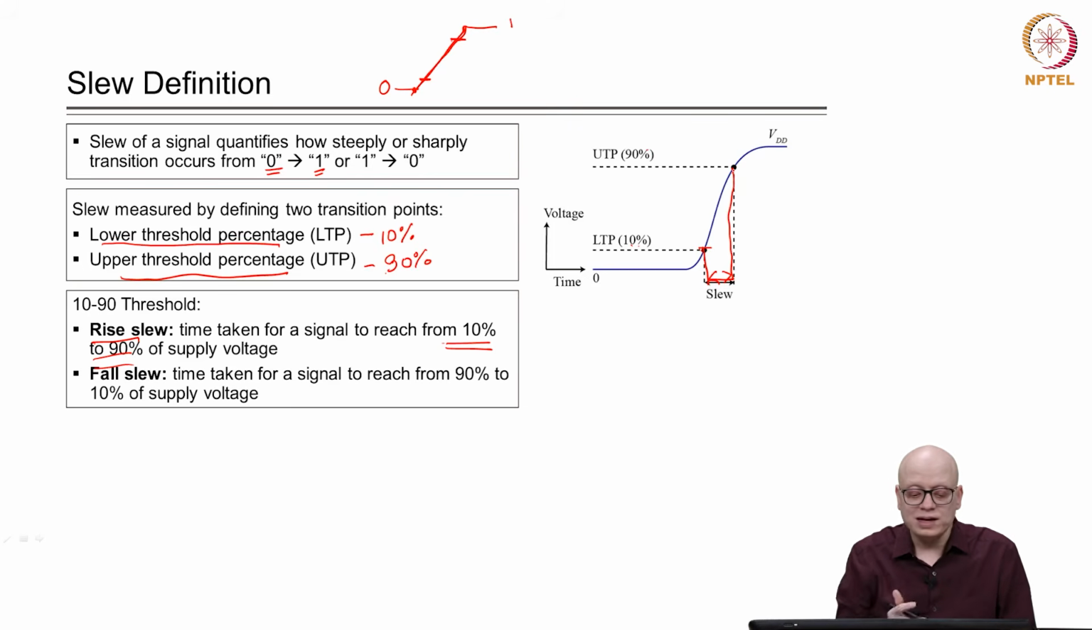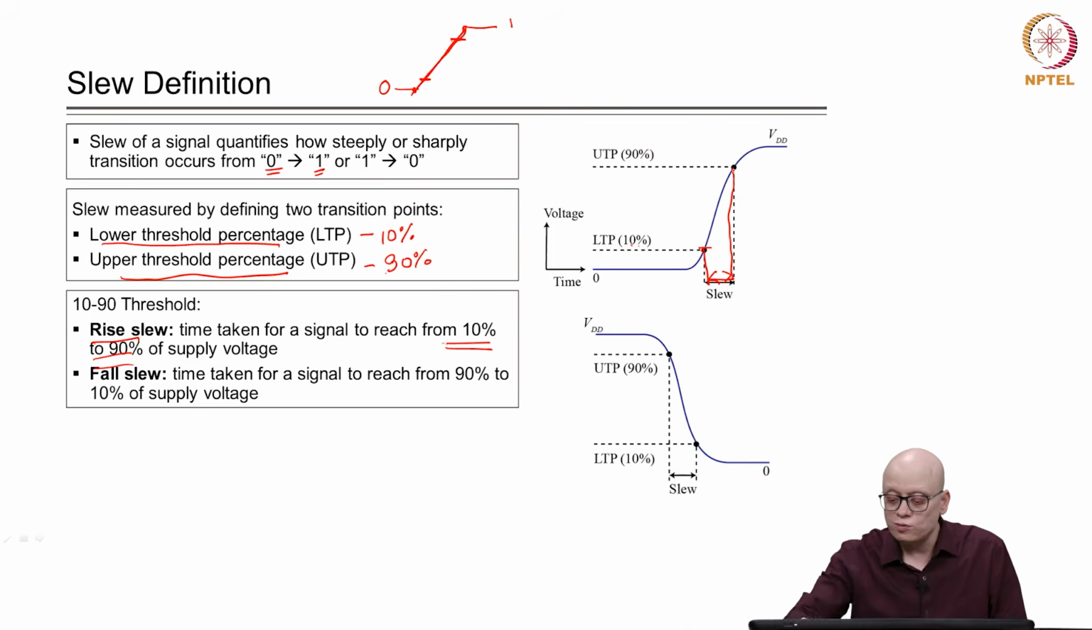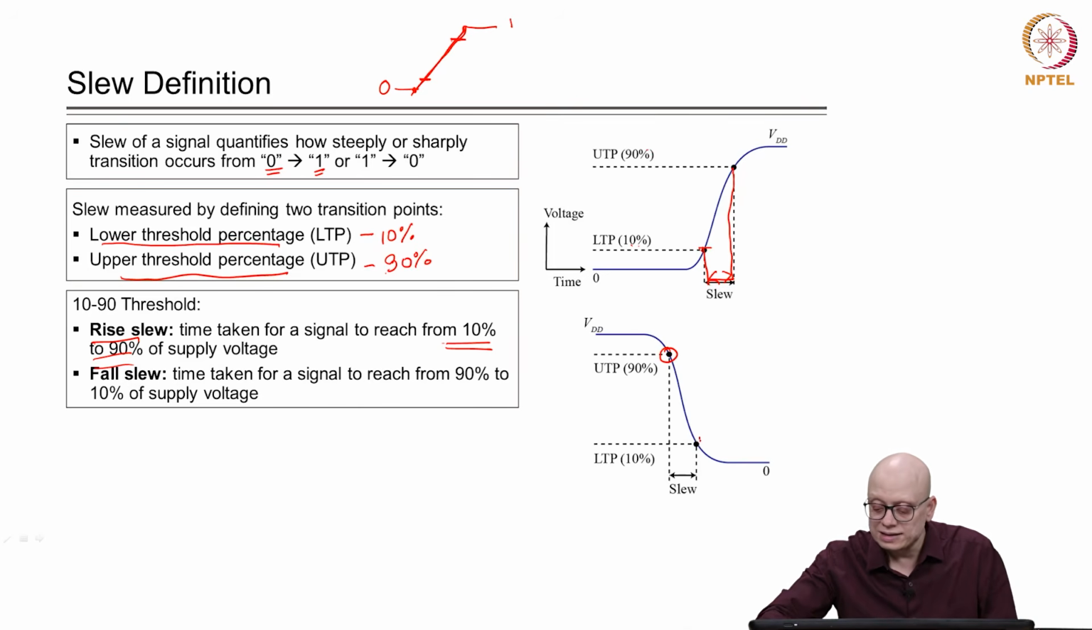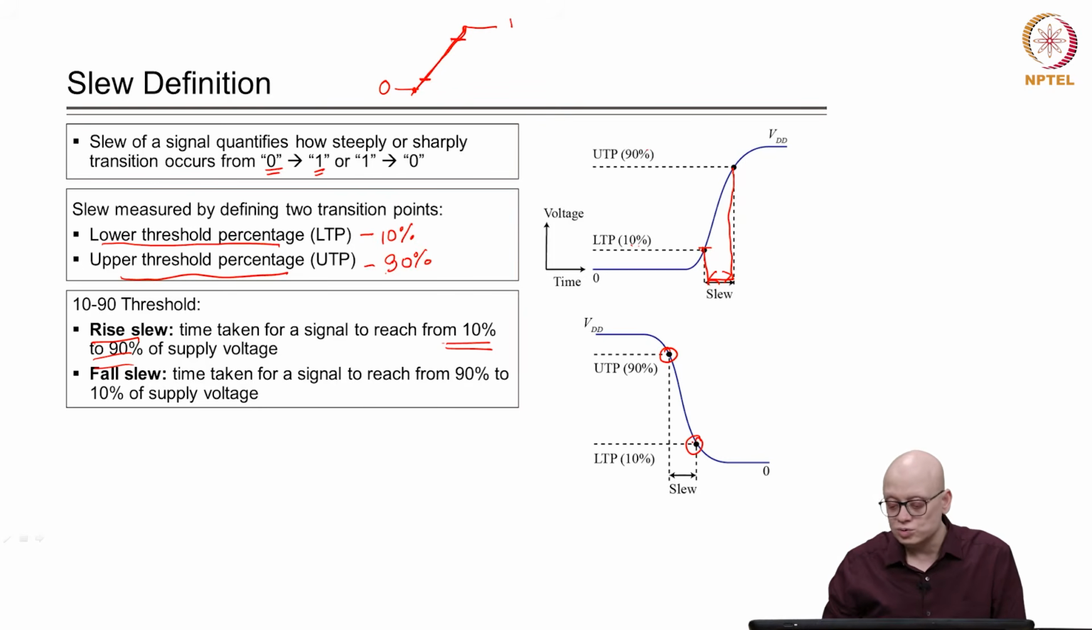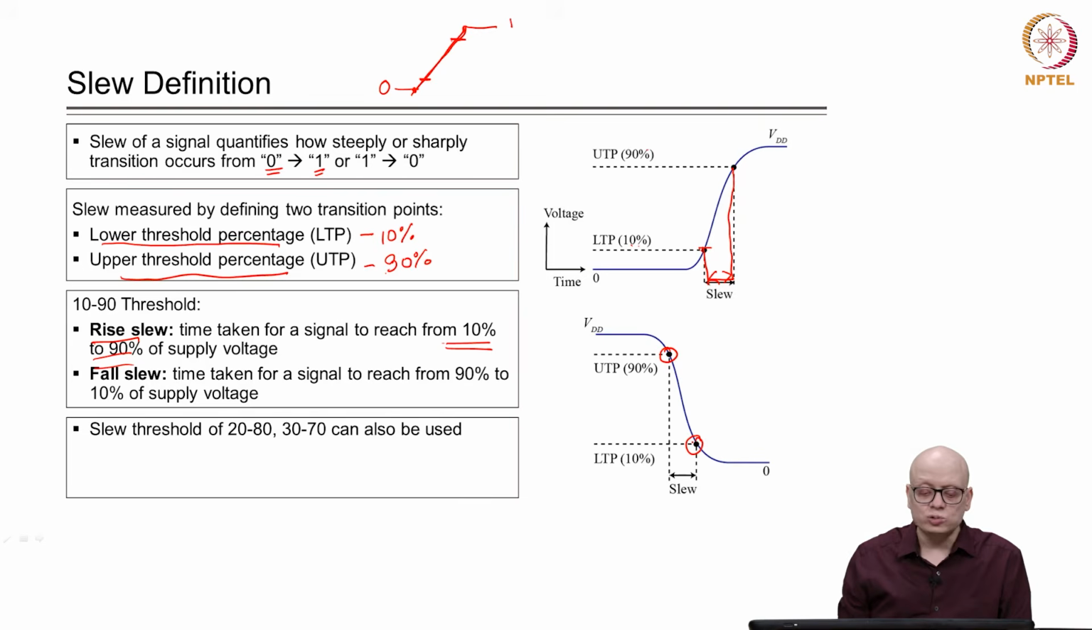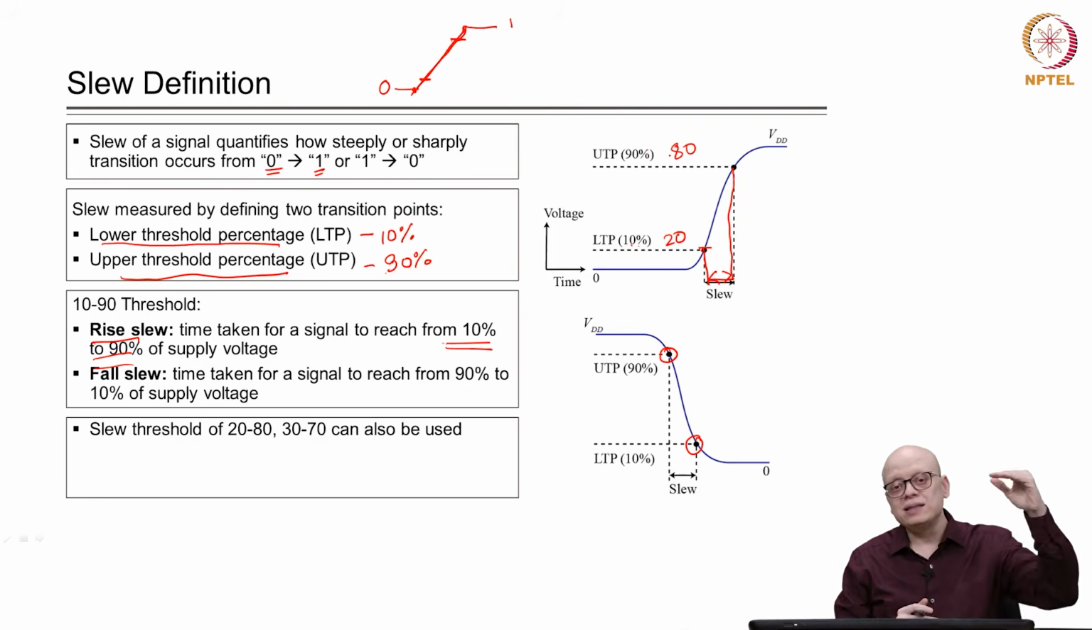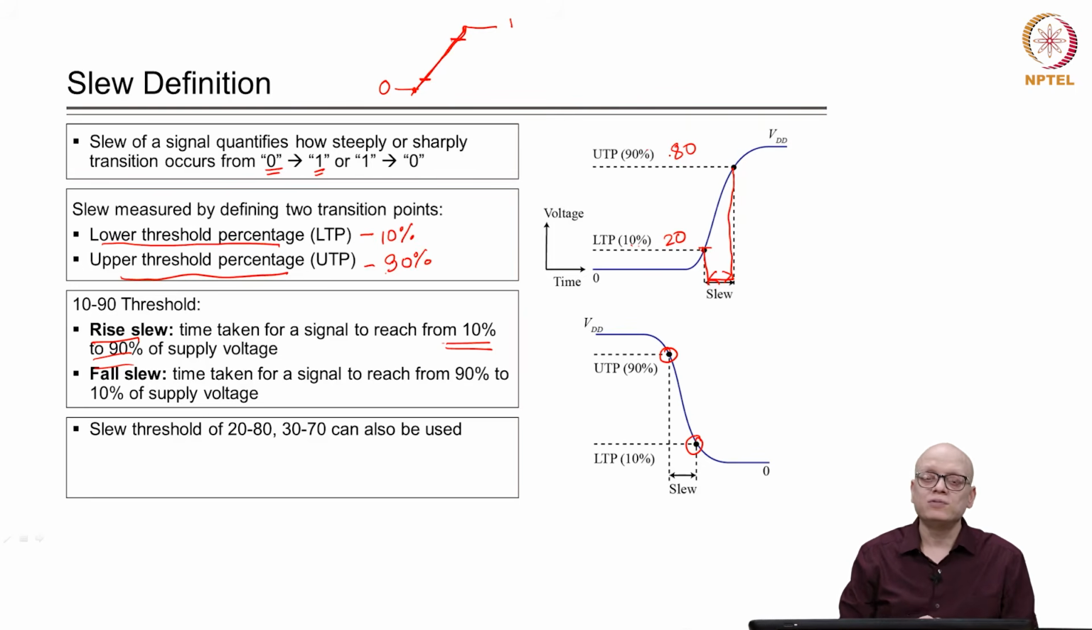So, similarly we can define fall slew as the time taken by the signal to go from say UTP to LTP, right. So, in this case it is 90% to 10%. Similarly, the slew threshold can be between 20 to 80. So, LTP can be chosen as 20, UTP can be chosen as 80. Then it is known as 20-80 threshold, or it can be 30-70 threshold. Whatever the threshold will be, that will be predefined in the header of the technology file, and from there the tool can get the information on what definition of slew was used by the tool while